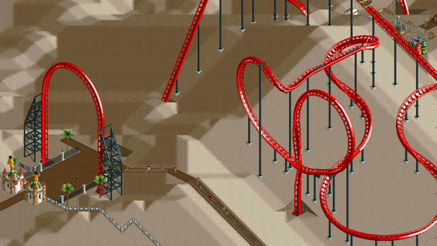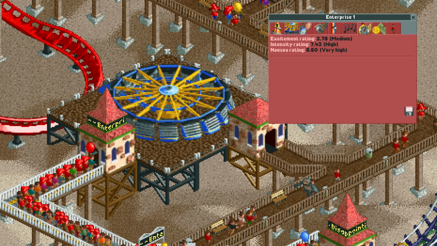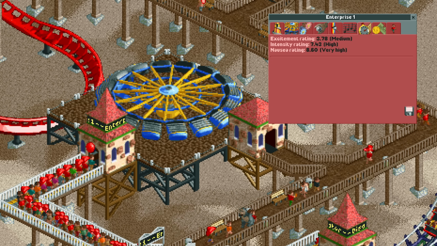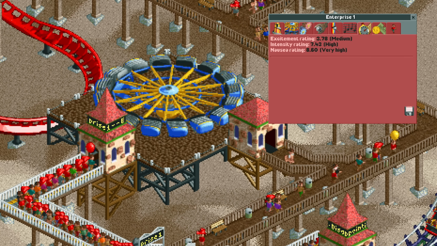There's also the opposite. In scenarios like Extreme Heights, guests prefer more intense rides. This gives everyone the unique preference of more than 9. Whereas the less than 4 from gentle parks is possible to get under normal circumstances as well, this more than 9 is completely unique to parks where guests prefer more intense rides. This too is extended by the guest happiness down to a possible 6.45 intensity. But to be on the safe side and also accommodate people that do not have a smile from ear to ear, a minimum of about 7.5 is probably a good idea.